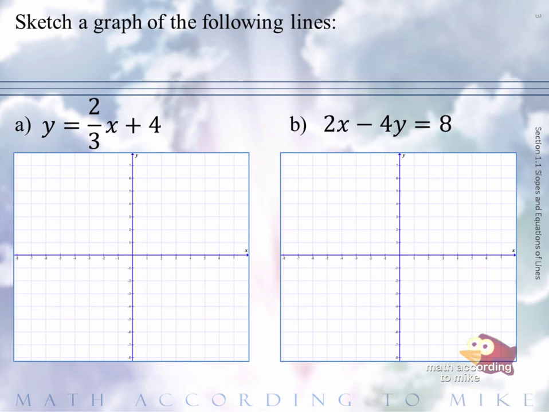Now we'll sketch the graph of the lines. In part A, y equals 2/3 x plus 4. Notice this is written in slope-intercept form. We will start first with the y-intercept being 4,